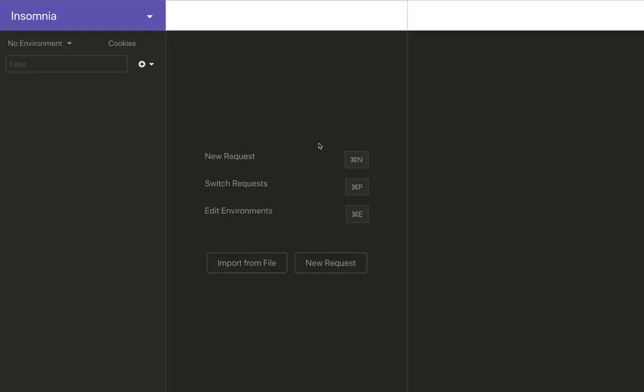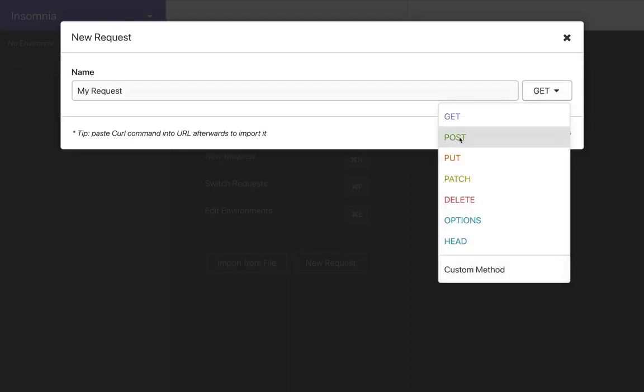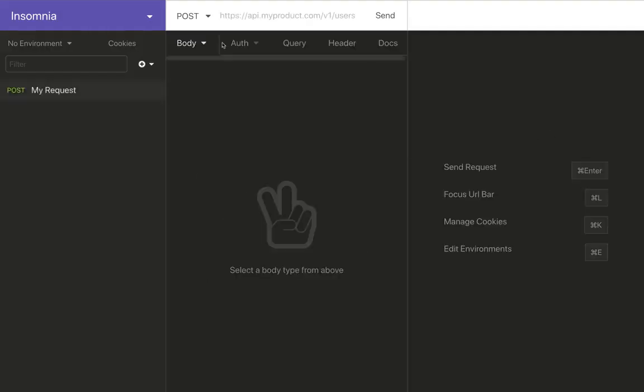They both do pretty much the same thing. So once you get into Insomnia, or you could use Postman, we'll create a new POST request using JSON. So I'll do a POST request, and all this stuff can be changed on the next screen here. So we have this POST request, and we'll go to the URL